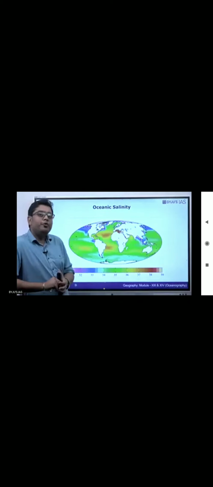If you look at here, this shows you the variation of salinity in various parts of the globe. Now here, I want you to look at Bay of Bengal. If you observe Bay of Bengal, compare it with Arabian Sea. Now here the blue color indicates a reduction in salinity. A yellowish to reddish color represents an increased salinity. Here you will observe that in the region of Bay of Bengal, salinity is going to be very low. Why is that? Because in Bay of Bengal, you have